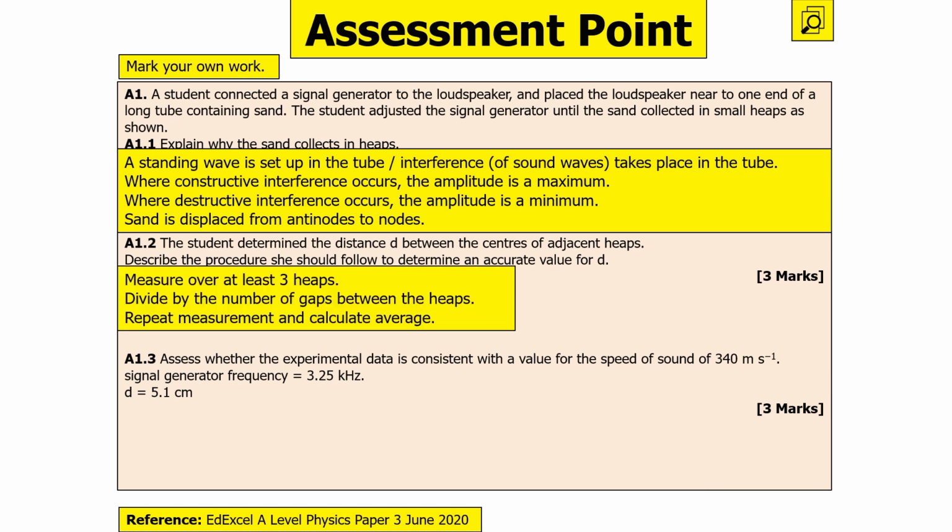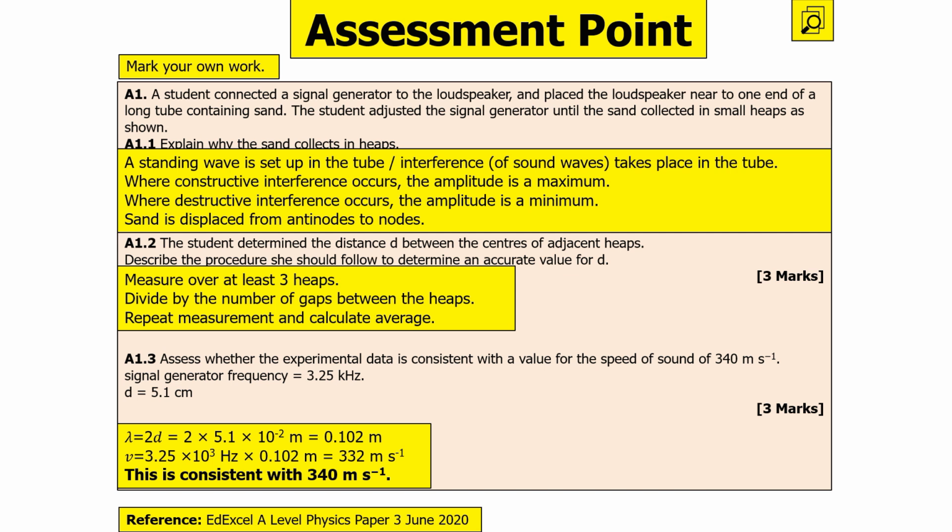Now we should measure it over multiple heaps to get multiple distances, divide by the number of gaps, not the number of heaps, and then repeat the measurement and calculate an average. We know that the wavelength is going to be 2 times the distance, so it's going to be 0.120 meters, converting centimeters into meters. V equals f lambda, so you get 332 meters per second, but it isn't the same as